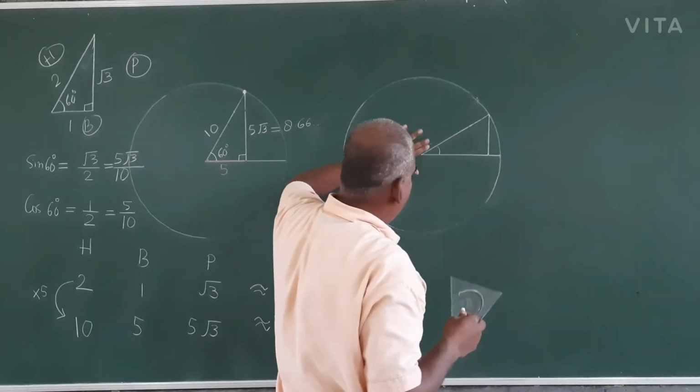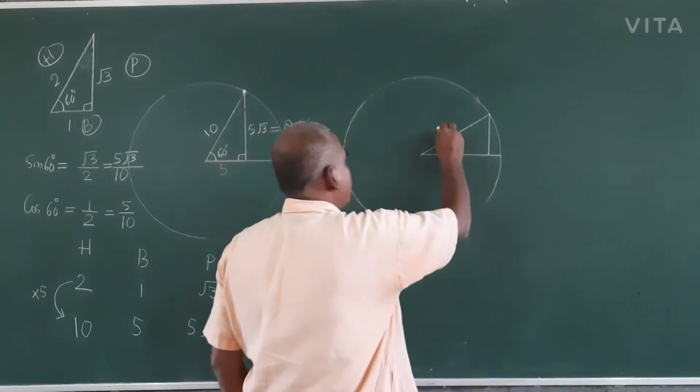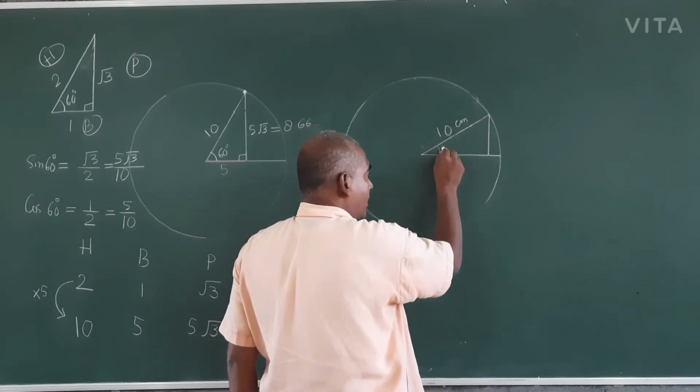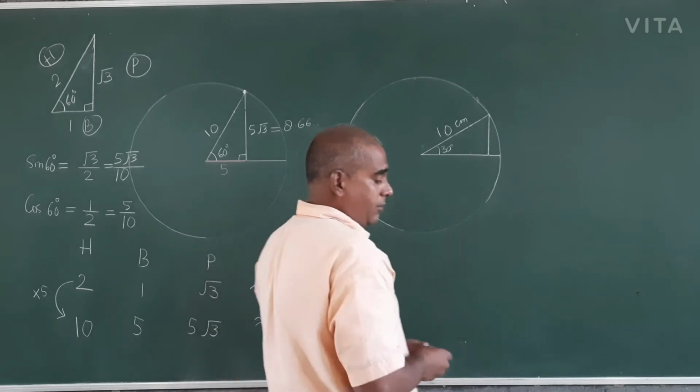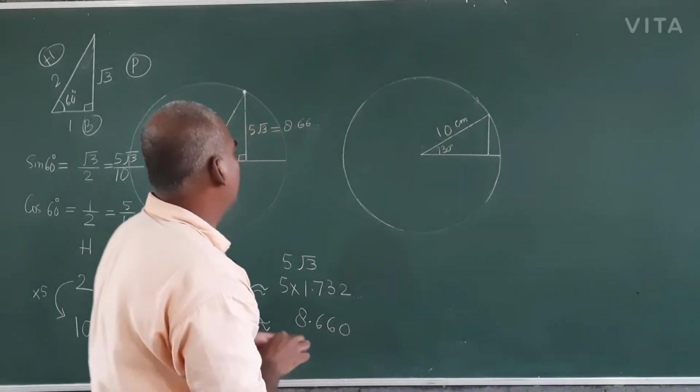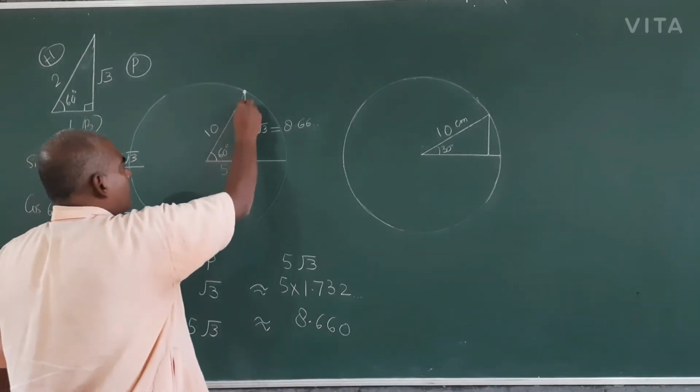This is actually 30 degree. This is 10 centimeter radius, same radius, but this is now 30 degree, and you have got a right angle triangle. If this is 10, the same question, this was 30 degree,